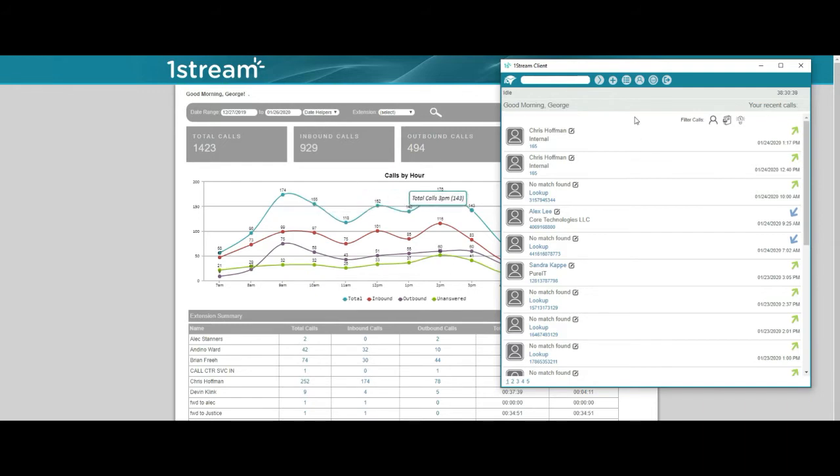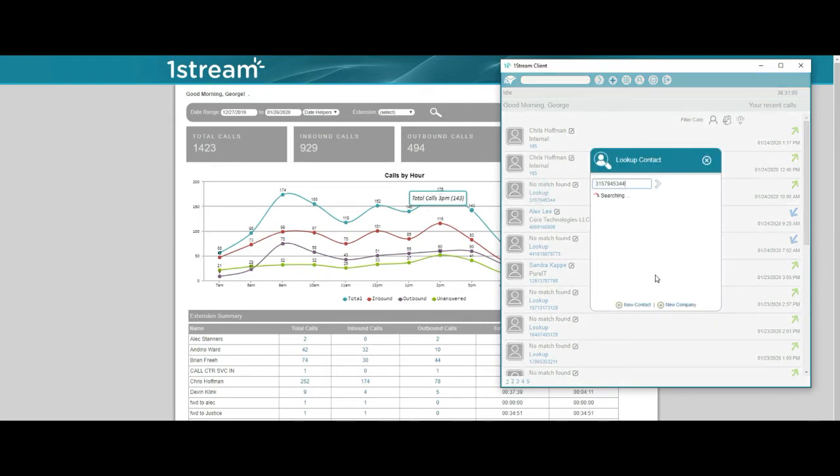So in this case, you can see a call comes in. It's going to try and match phone numbers to contacts and companies in your CRM, ERP, PSA. I happen to be connected to a solution called ConnectWise right now, but we have integrations to many other platforms. The concept still holds true, right? If a call comes in and it can't find that number in the database, then effectively it's going to say, hey, sorry, I can't find it, and what do you want me to do with this now? So now you have two options.